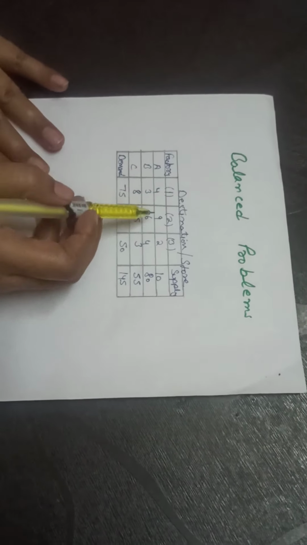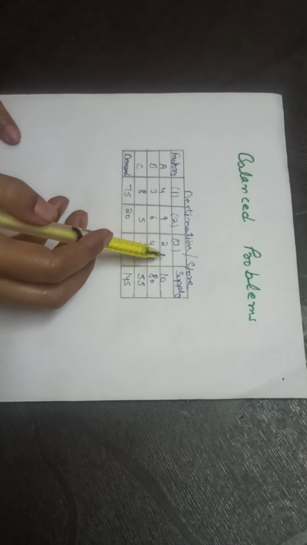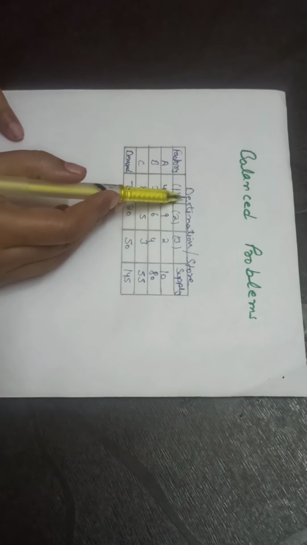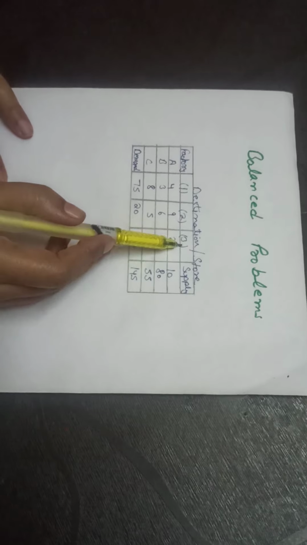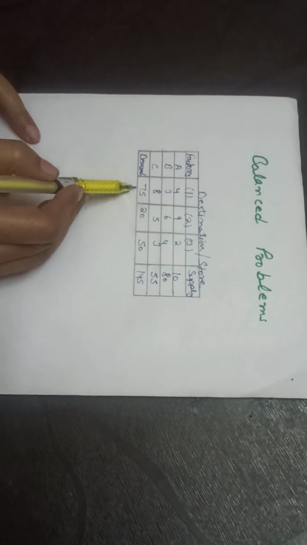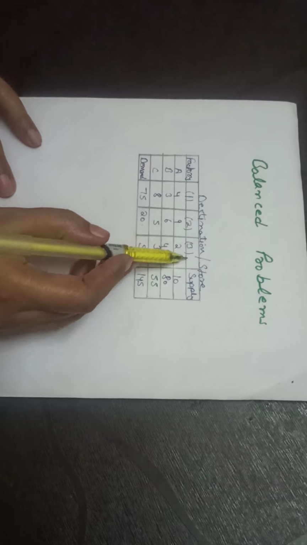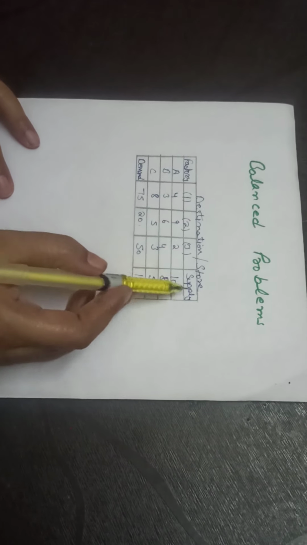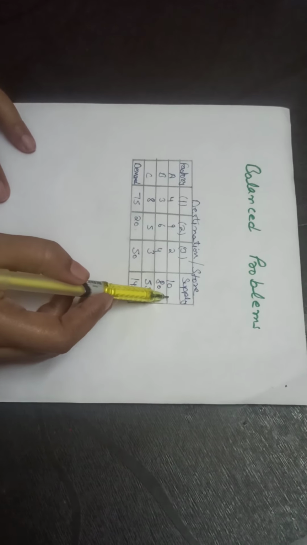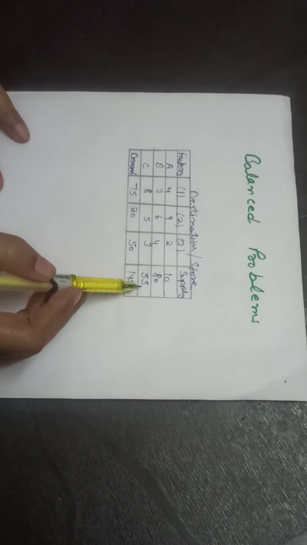First of all, we will learn what transportation problems are. Here we have a problem. In it, we have factories A, B, C, and these are stores: first store, second store, third store. Here is demand. The first store has a demand of 75 products. The second store has a demand of 20 products. And the third has 50 products. These are supply. Factory A can supply 10 products. Factory B can supply 80 products. Factory C can supply 55 products.